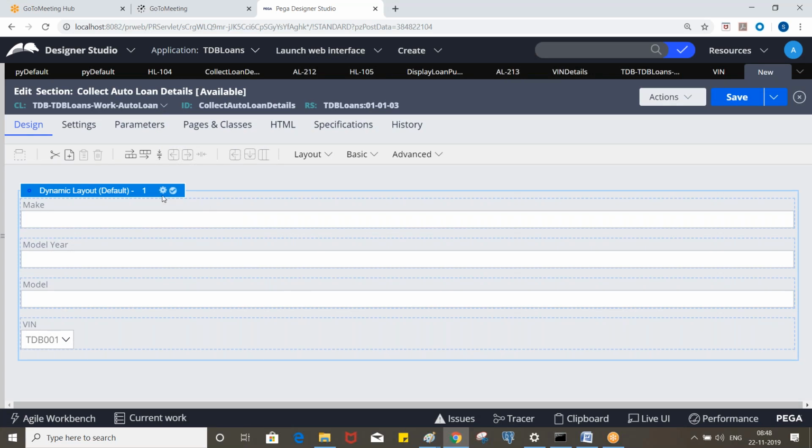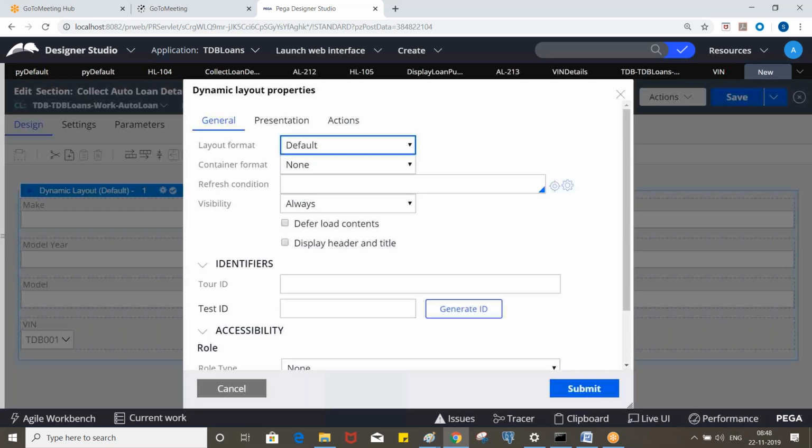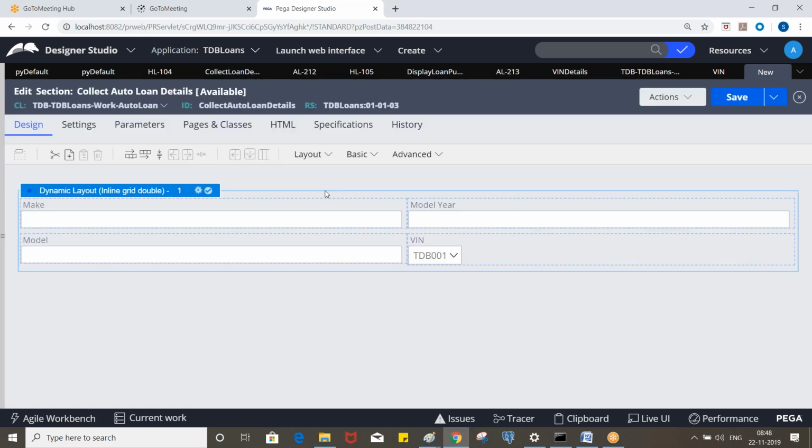Now see, the properties are getting displayed one by one, right? If you want to make it side by side, you need to select inline grid double. Now I don't want it like this. I want half of the screen, and the properties to be displayed one by one.